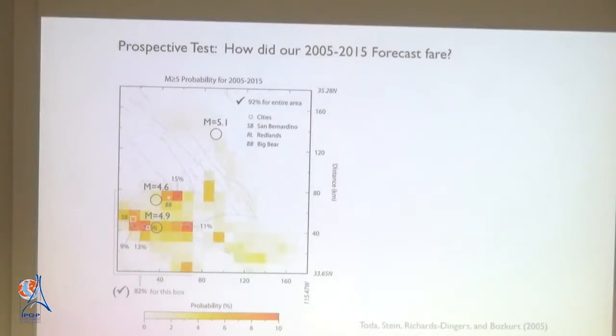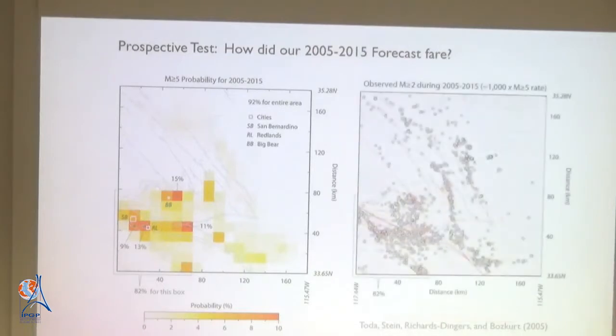So you could say, all right, overall we did okay. How does it compare with the smaller earthquakes? Here are small earthquakes, and here's our forecast. Some things we got right and some things we didn't. We did expect and get a lot more earthquakes in the lower left-hand corner, but there were more earthquakes over here than we forecast.